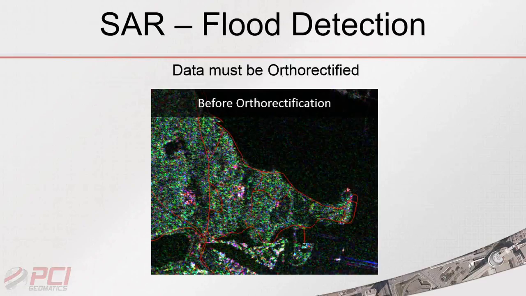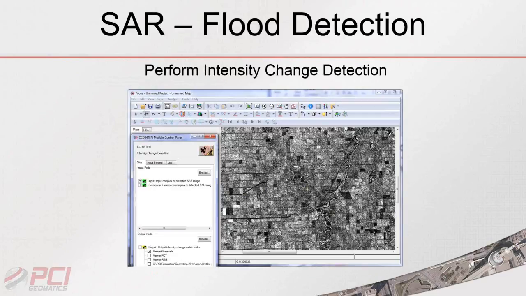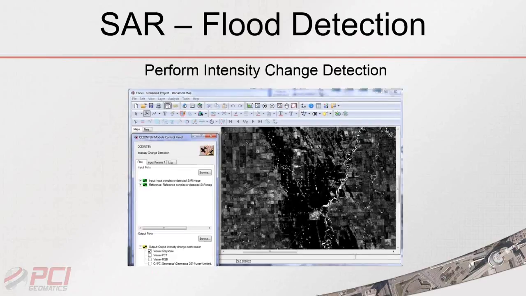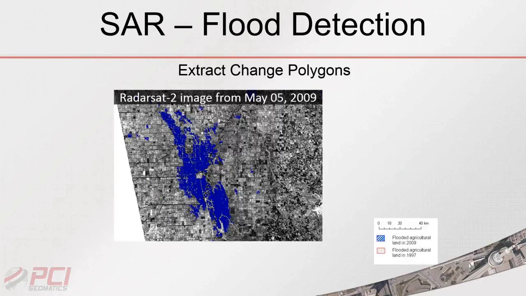And here I just have an example of the dry image, which is up here on the screen right now. Then we have an acquisition during the peak flood location. This is just south of Manitoba, as I was mentioning earlier. And then based on that, after we run the CCD-in10 algorithm, you can see the areas in magenta are the ranked change, the percentile ranked change, which we can then classify and pull out a specific map of the location